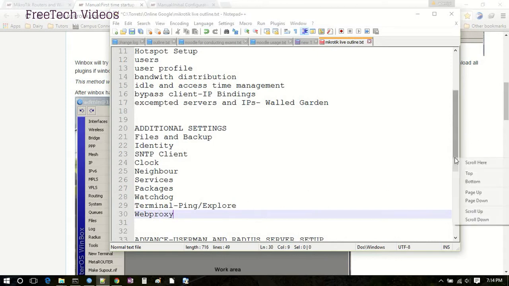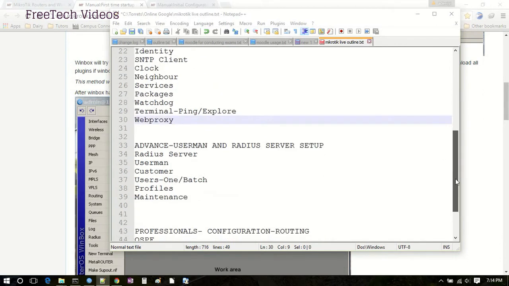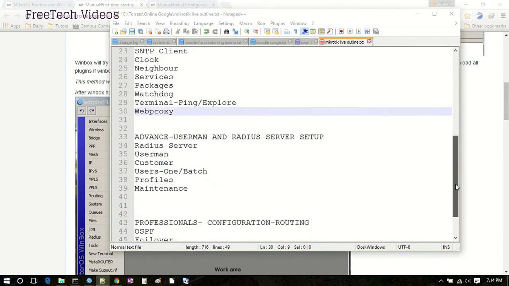We also dive into an advanced configuration of the User Manager, the RADIUS server. We'll be looking at what is a RADIUS server, how to set up a RADIUS server, what is User Manager, customers under User Manager, users, one or batch creation of users under the User Manager, the profiles needed for tickets under the User Manager,